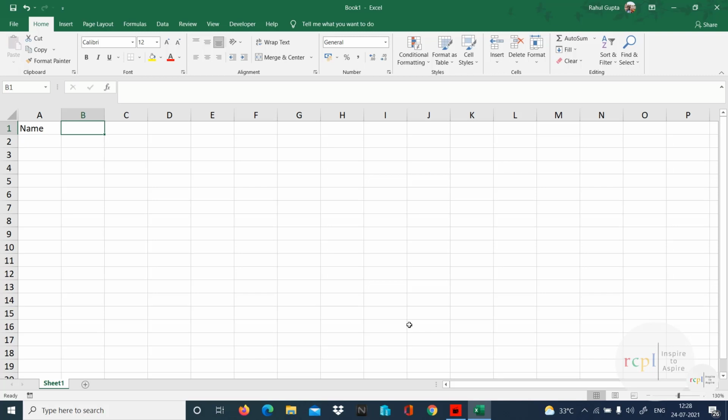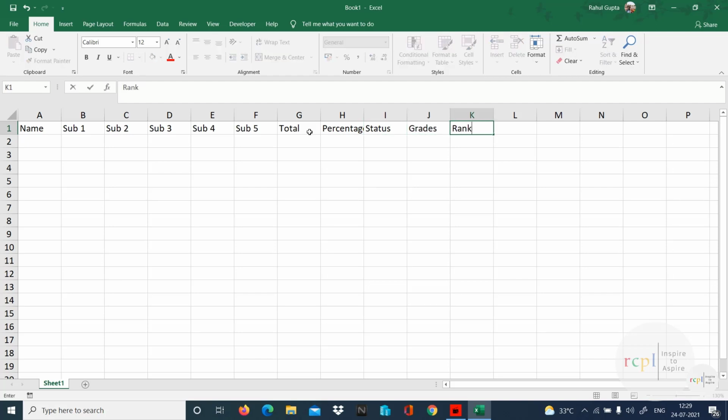So we have name, and subject 1, I'm not writing the subject names, just subject 1 till subject 5. Then I want total, percentage, and status, whether they pass or fail. I want grades and rank. All these things I require.